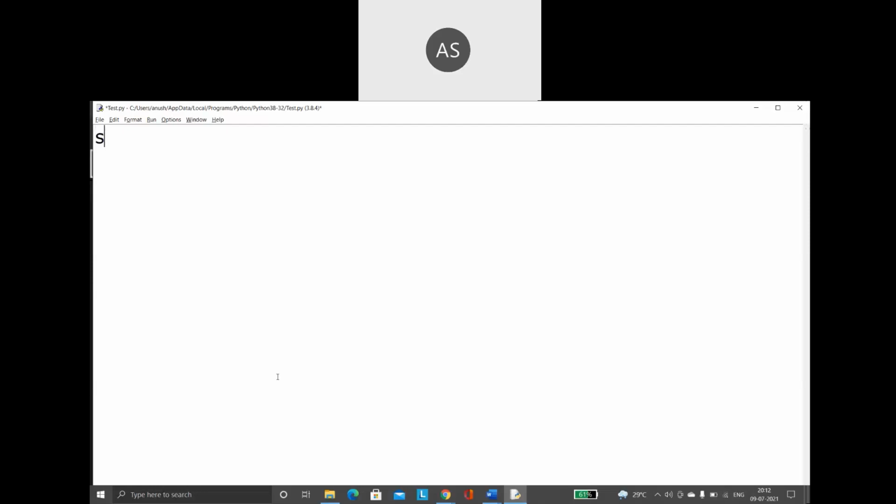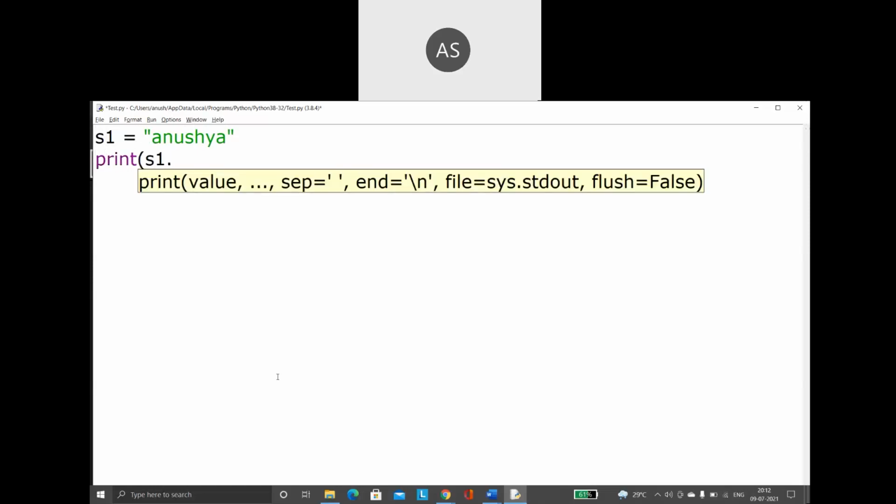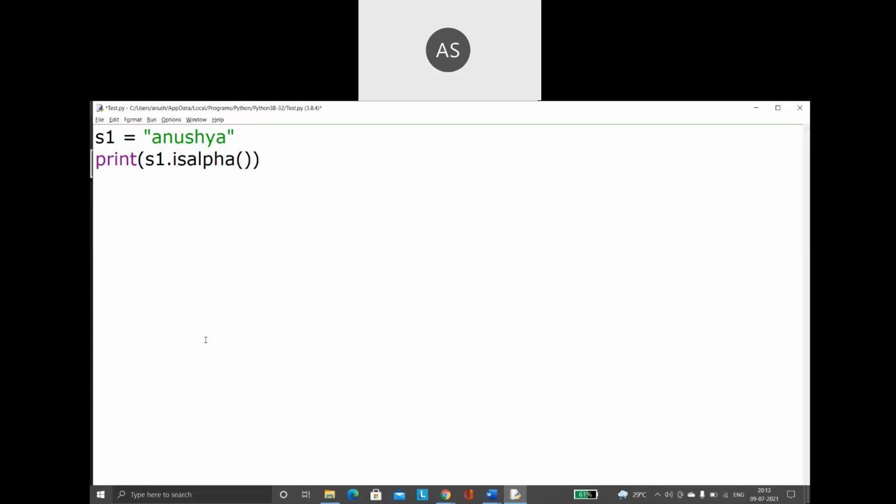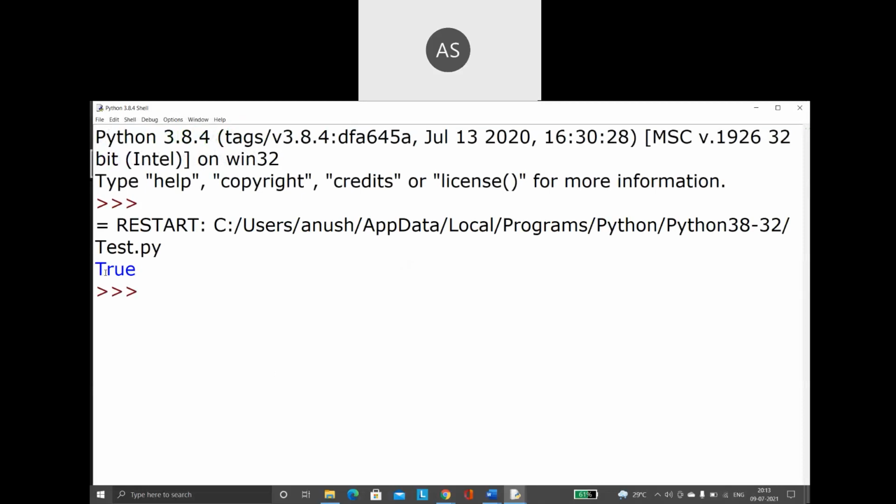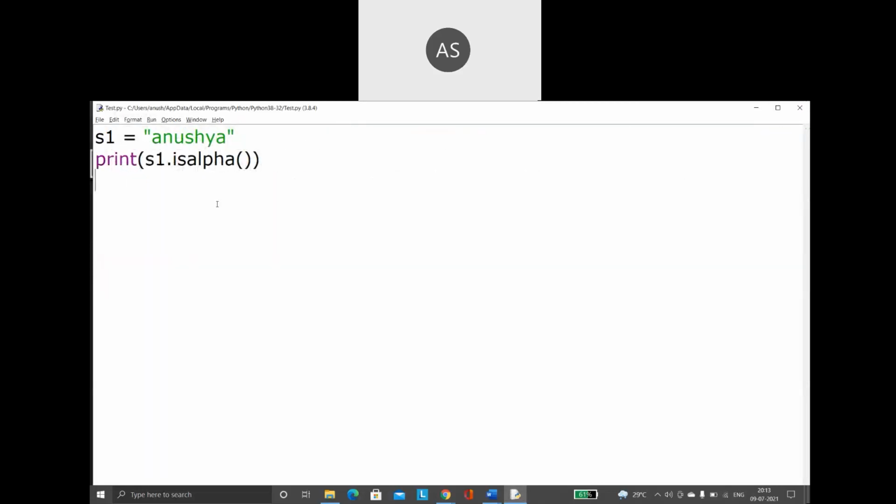Say, for example, I am saying yes1 is equal to, I'm giving my name as a string. Now, what is it that I'm going to check? I am saying print yes1.isalpha(). Is it an alphabet? Now when you run this piece of code, see what output you get. True. Yes, it consists of only alphabets. Nothing else is there. So isalpha is going to give you the value as true.